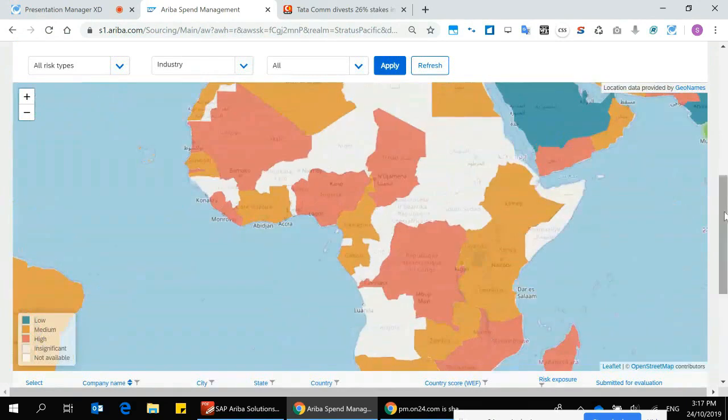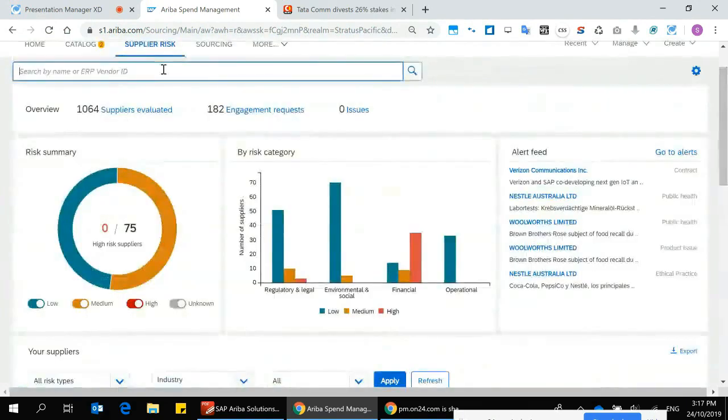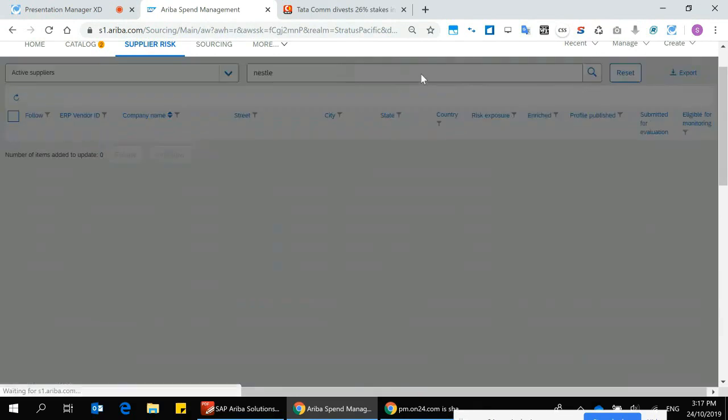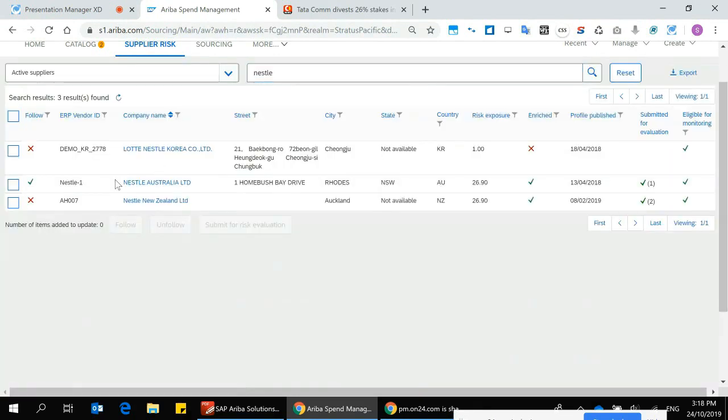It's very straightforward to add suppliers to that. Literally, if I want to go and search for additional suppliers to add, I can literally type them into my search box here. This will give me access to all the suppliers that we have added to the system. Currently I'm following this one, but for example, if I want to follow that one, I can say follow, and that will now be added to my particular record there.